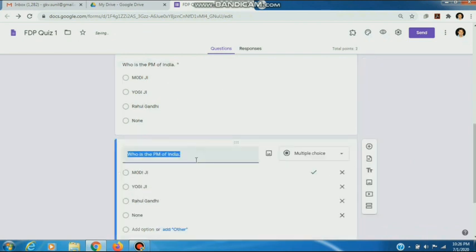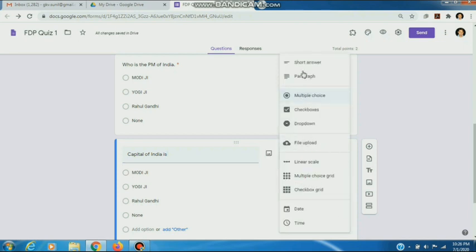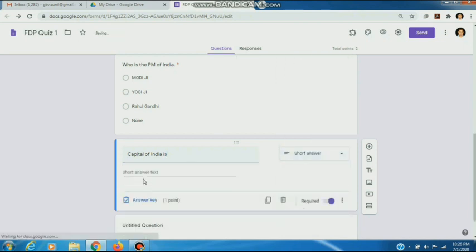Once again I copy it. I can add a short type answer question: capital of India is. I made it short answer type.